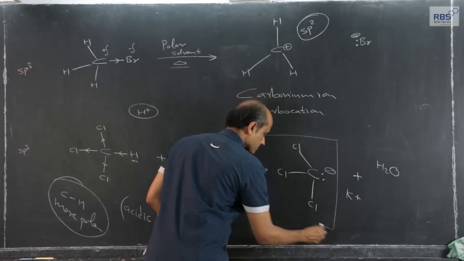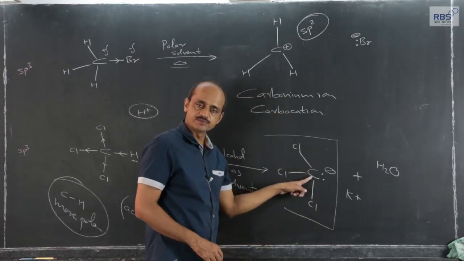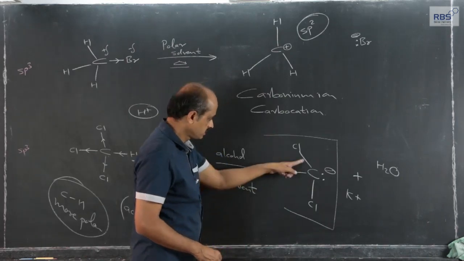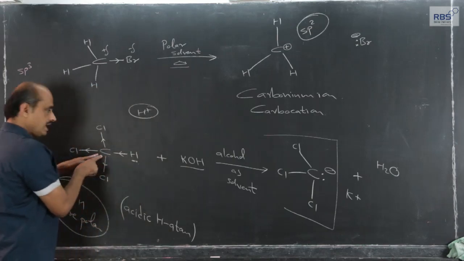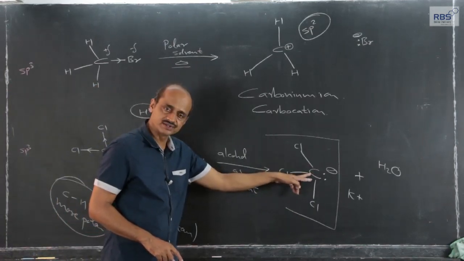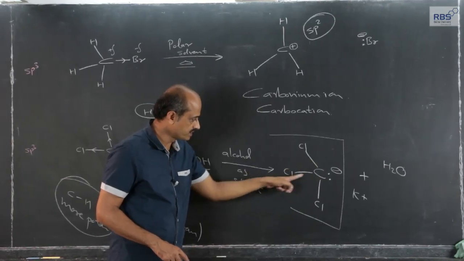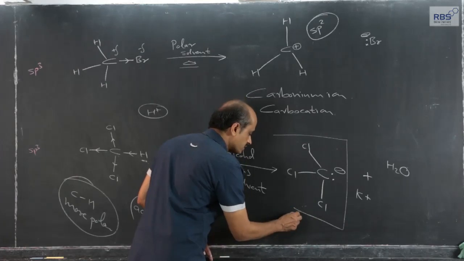We will focus on this. This is still sp3 hybridized carbon, 3 bond pairs and 1 lone pair. sp3 hybridized carbon remains sp3 hybridized carbon because there are 4 electron pairs, but now 3 are bond pairs and 1 is lone pair. It will be distorted tetrahedral,